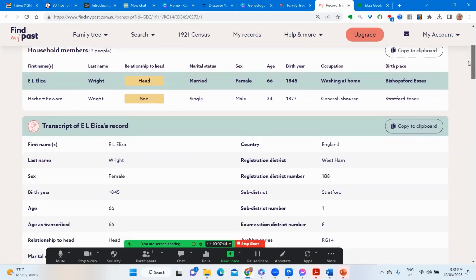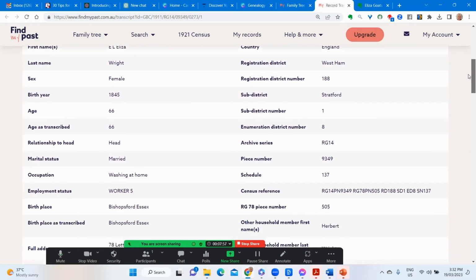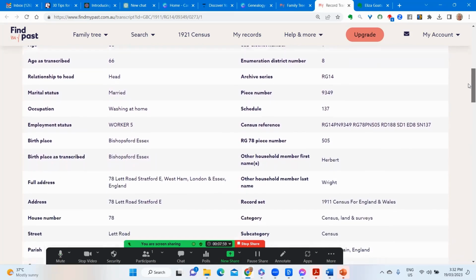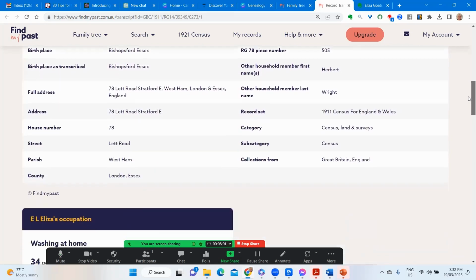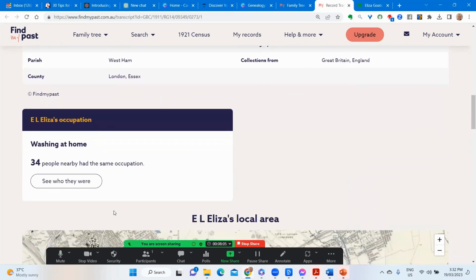When I scroll down to look at the complete transcript of Eliza's record, I can see further details that I might find useful, or at least will ask questions to lead to the next point. And as I began to scroll even further, it came up with this one that I'd not seen before. For the occupation of washing at home, there are 34 people nearby who have the same occupation. So I can